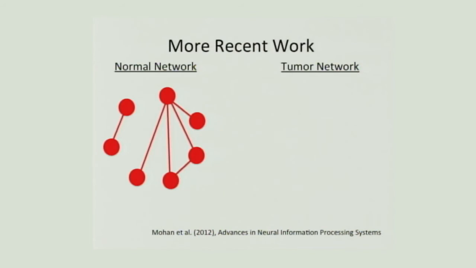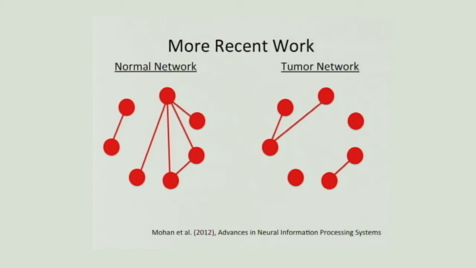But thinking about it more, that actually might not be the right set of assumptions. So in more recent work, we've actually been making a different set of assumptions, where the normal network looks like this, and the tumor network looks like that. And so again, the normal and tumor networks are different, but if you look at this carefully,